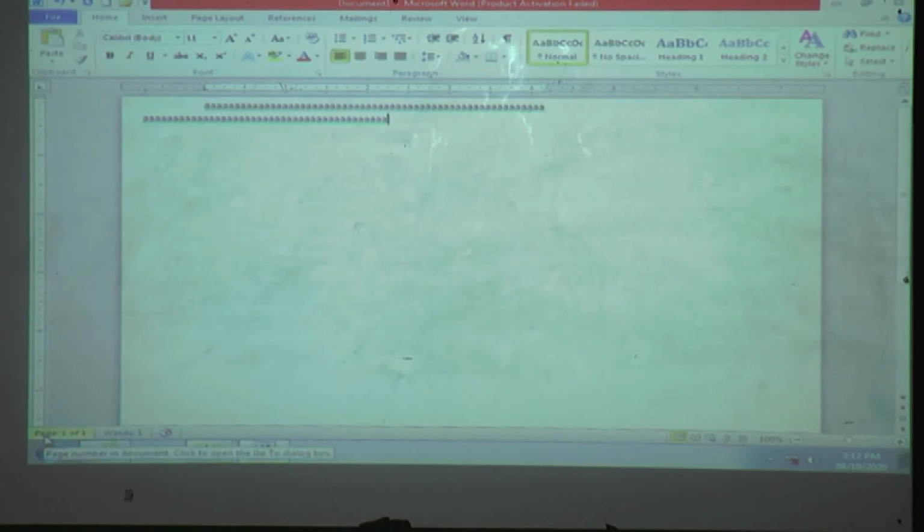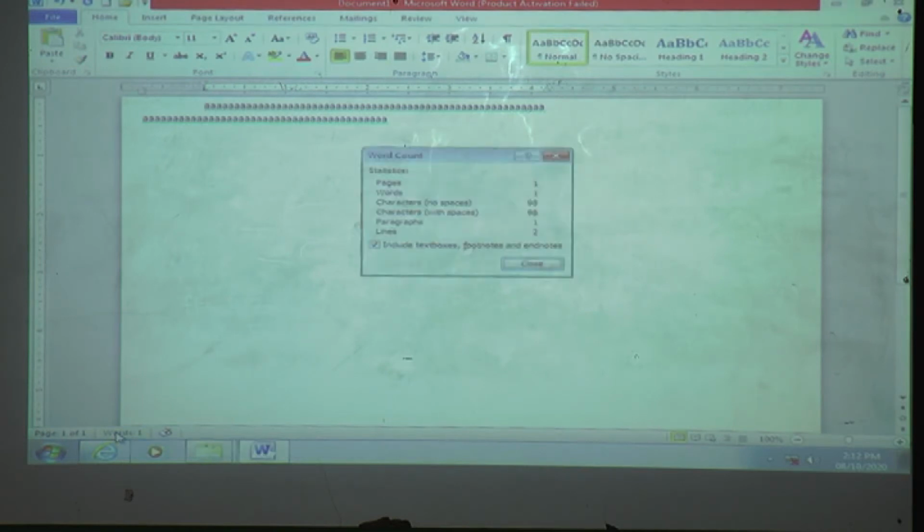First one, it displays the page, means we are on the first page only. It displays the word count also.